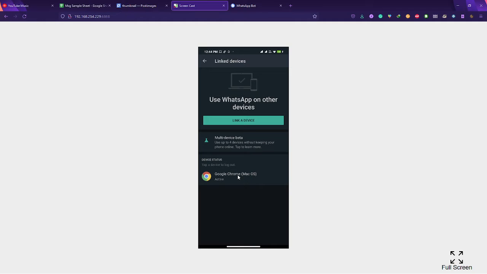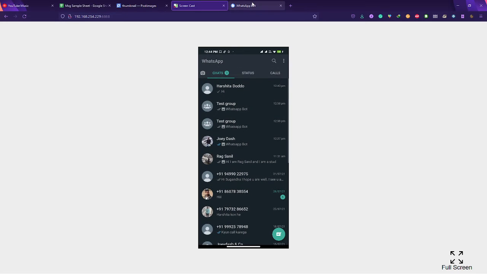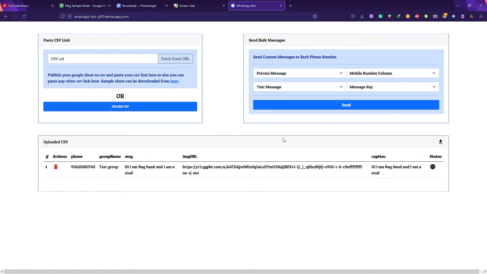So it will just be able to send messages to your WhatsApp user. That's it. So once your job is done, it will automatically log off. So you don't have to worry about anything. So once it is logged in, you can see that this window opens up automatically. Once you scan the QR, this window opens up automatically.